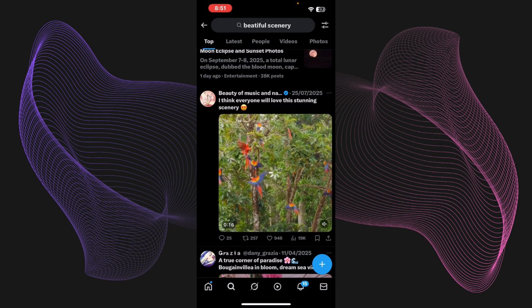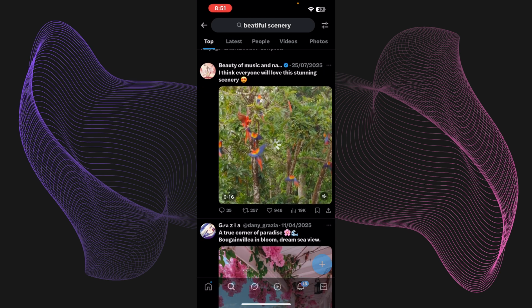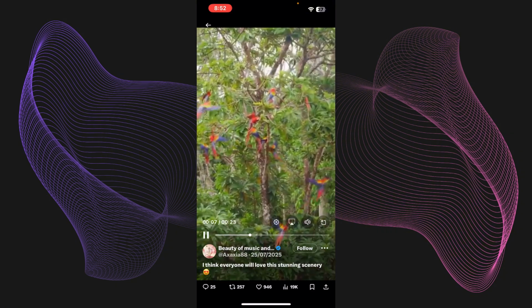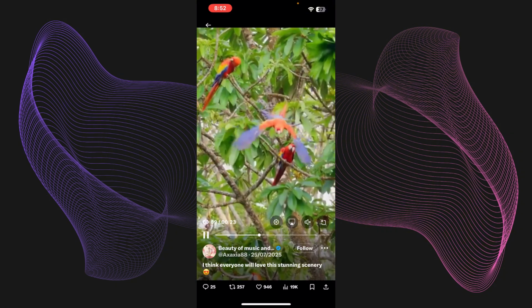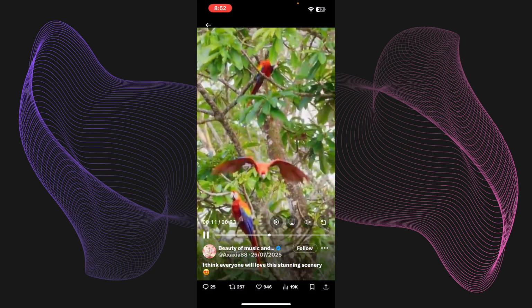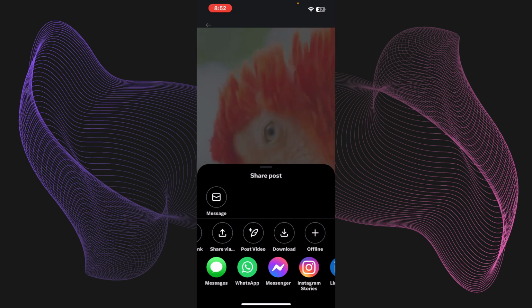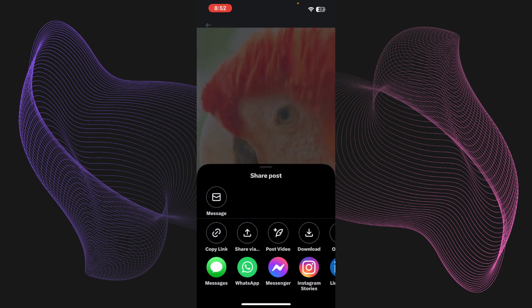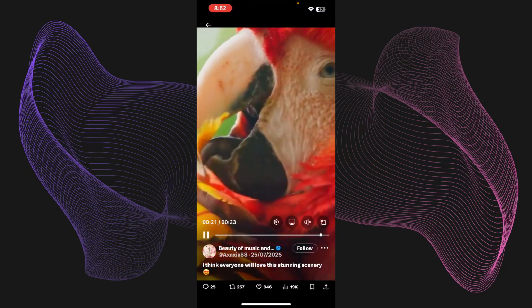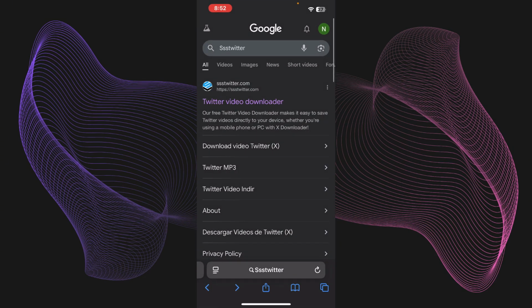So here, as you can see, once you have opened it up, what you need to do is just simply press on the share icon, or you can just tap on, and right over here you will be able to see the share icon. Just go ahead and press on that, and right over here you will be able to see a download icon, but we don't want to download from here. We're just gonna simply press on copy link, and once it's copied, just go ahead and go to Twitter video